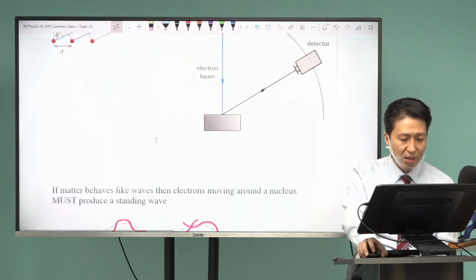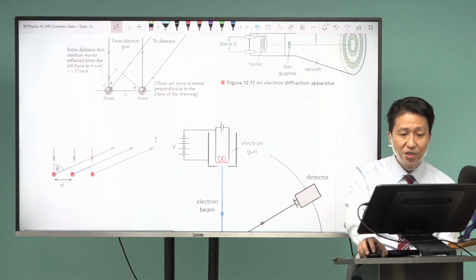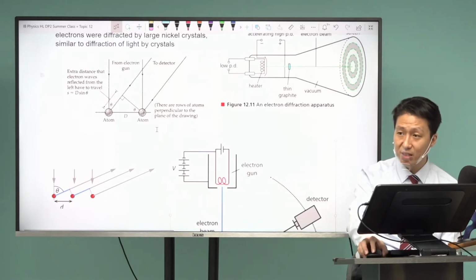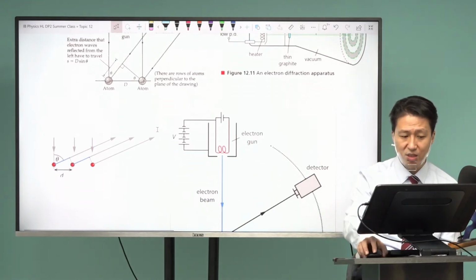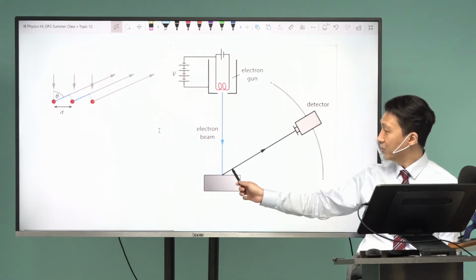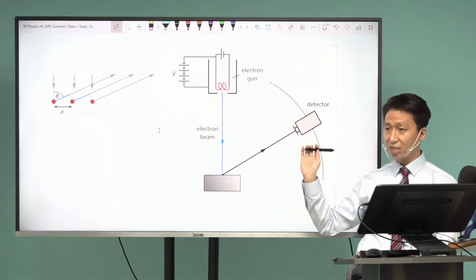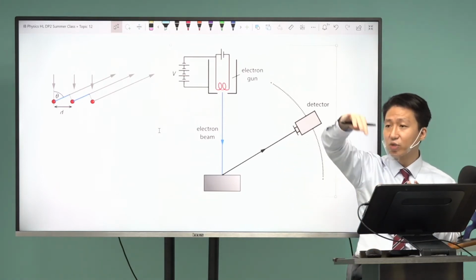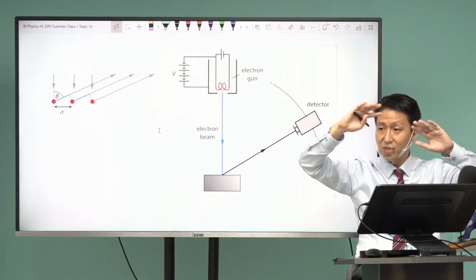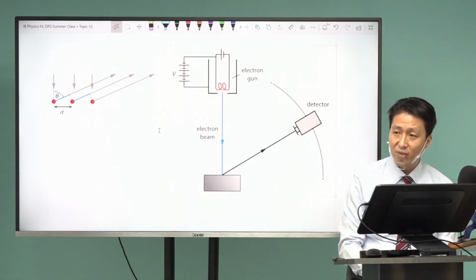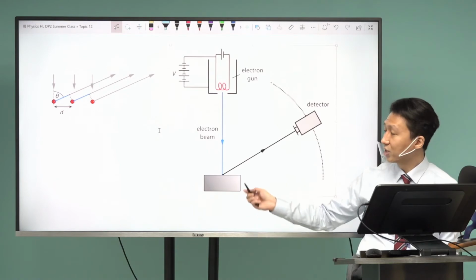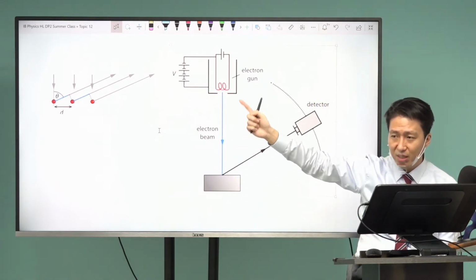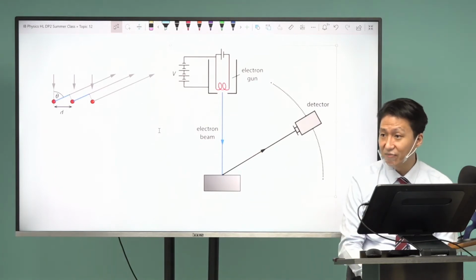But what they got is, when they measured this, certain directions had peaks. So it bounces, and this detector is able to be moved in any direction, any angle. So they moved it at different angles, and what they expected is just a normal random distribution. That you expect, but no. What happens is at certain directions you have big peaks. And the only way you can have peaks is if you have interference.